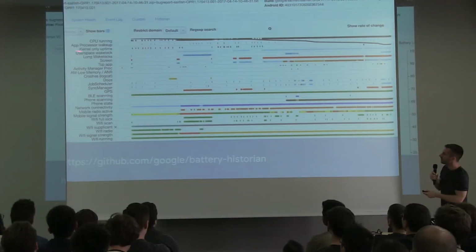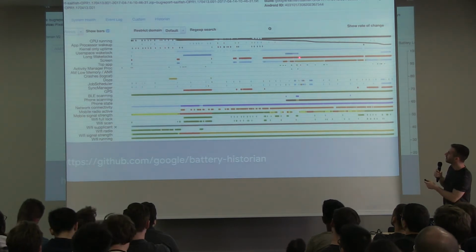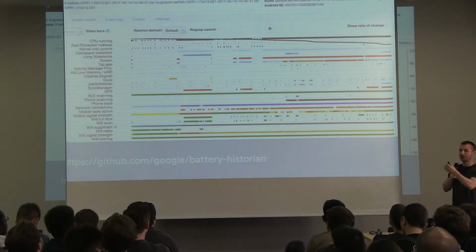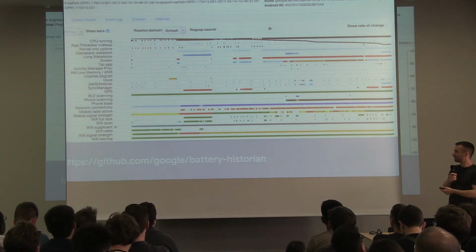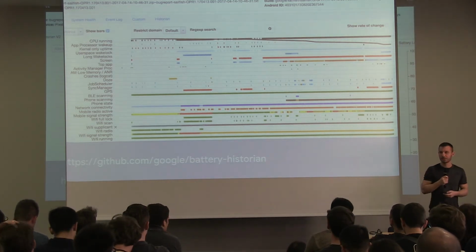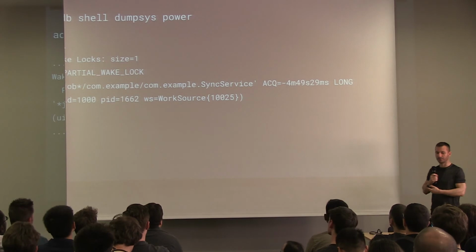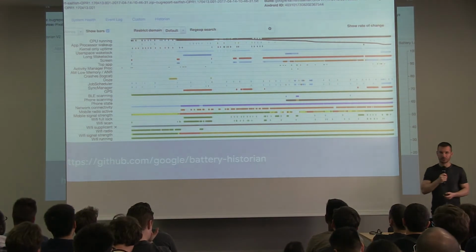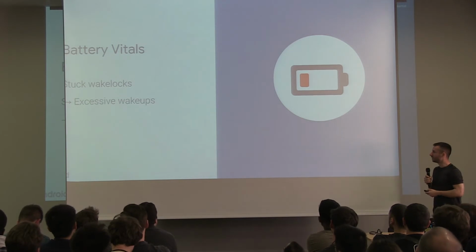And for example, here on this timeline, we have user space wakelocks. And so here you will see the periods of time whenever anything held a wakelock. And if you mouse over it, it will show you a list of wakelocks that we collected, including your app's. But like I said, you will have to go and compile this tool yourself, and it's not very easy. And also the command I showed you before, this adb dumpsys power, it's not ideal, right? So we know about this, and we're trying to make it better. And unfortunately, I can't talk about it now, but expect more soon. It'll be easier. Moving on.